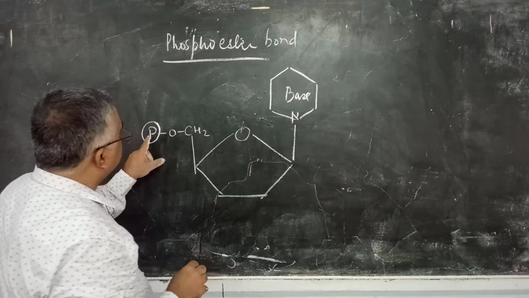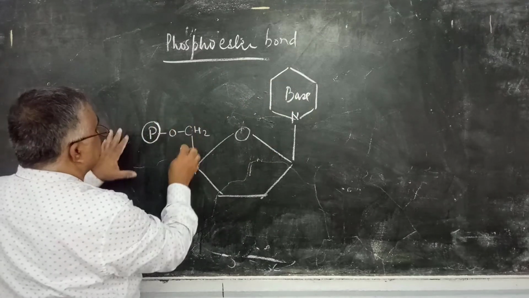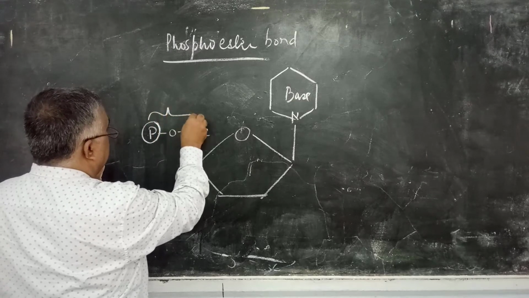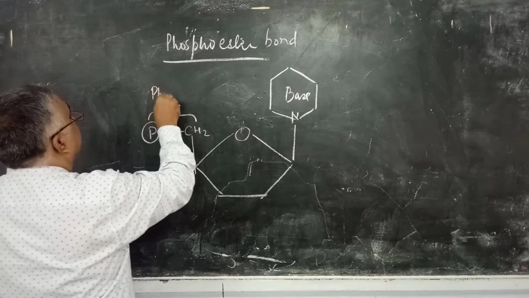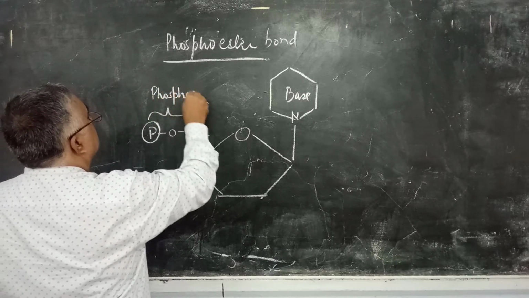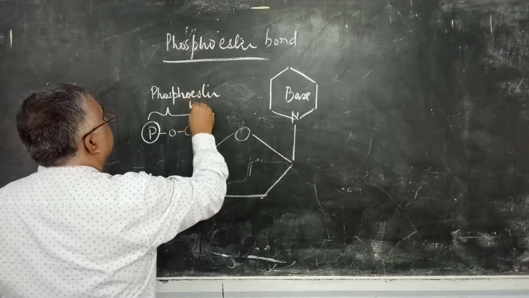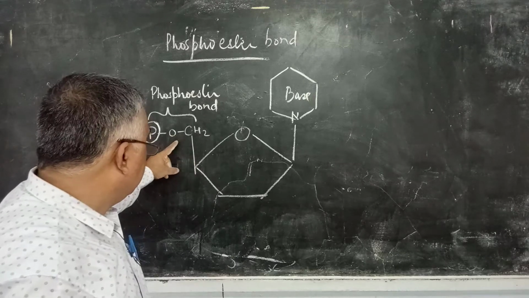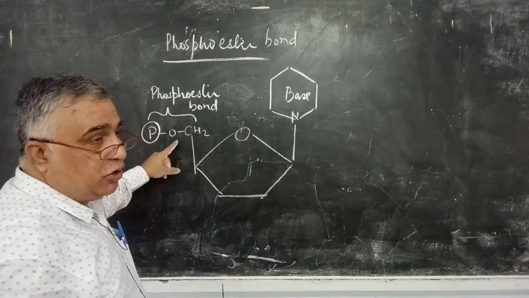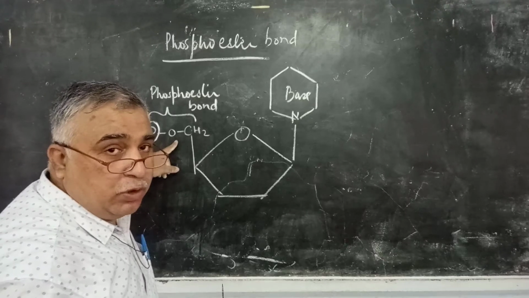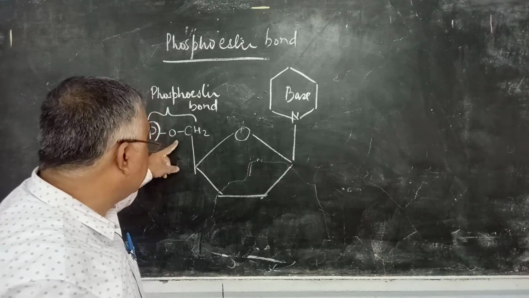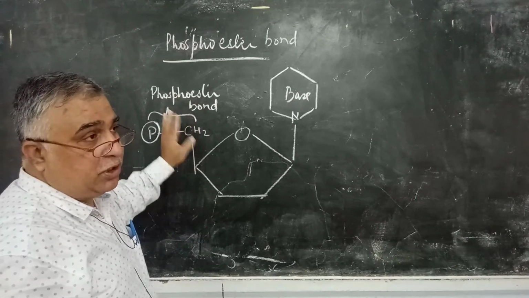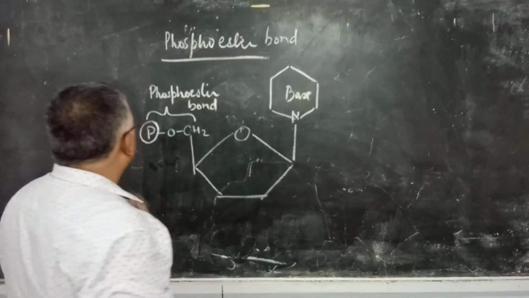Now this phosphate and this whole thing acts as an ester. So this bond is called a phosphoester bond. Now you see that the first bond of phosphate that is joined to the carbon molecule of a sugar is a phosphoester bond. This is a high energy bond. When it is broken down, it produces a lot of energy. But beyond this,